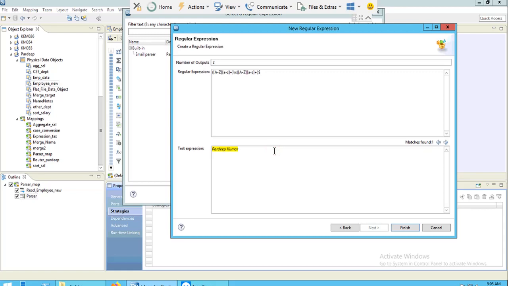Now suppose if you are having some number also, like I am having 40, so I will write again space, then again I will write round bracket, square bracket, 0 to 9.